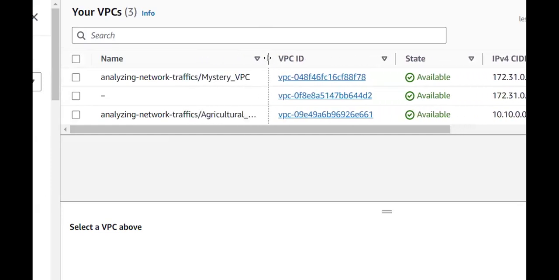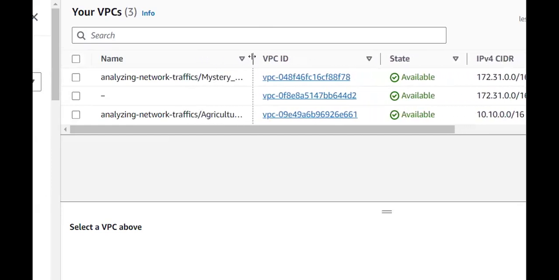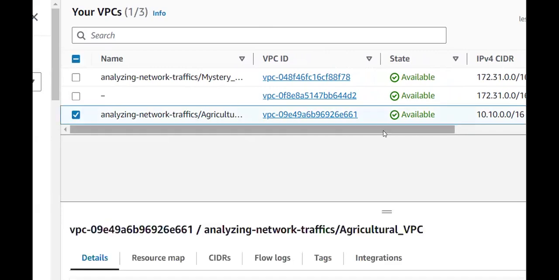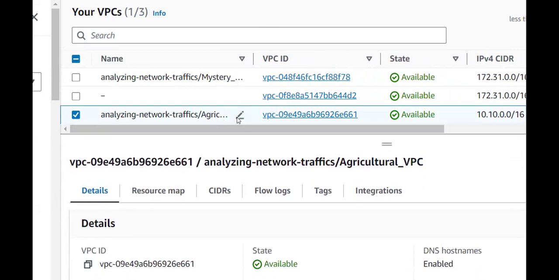Now you can see I have three VPCs. One is mystery VPC and one is agricultural VPC. Now I want to show you this lab on top of agricultural VPC. On top of this agricultural VPC, I want to show you this lab. Now, if you observe